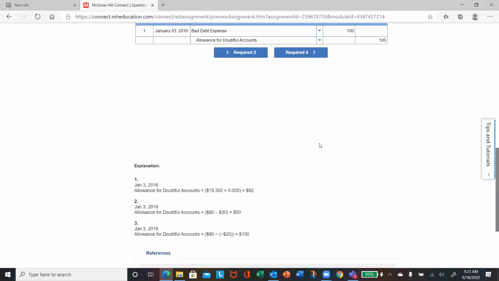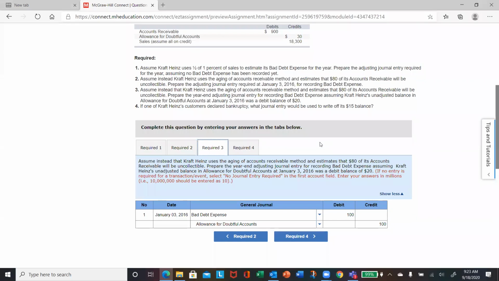All right, on part 3, they're changing it to, I believe it's a 20, it is a debit balance of 20 instead of credit balance of 30. So if it's got a debit balance of 20, and again, I like the T account. I think it's easier to show you as a T account. So here's your allowance. So if you've got, let's say, a $20 debit, and you want that ending balance to be at, what do we say, at 50,